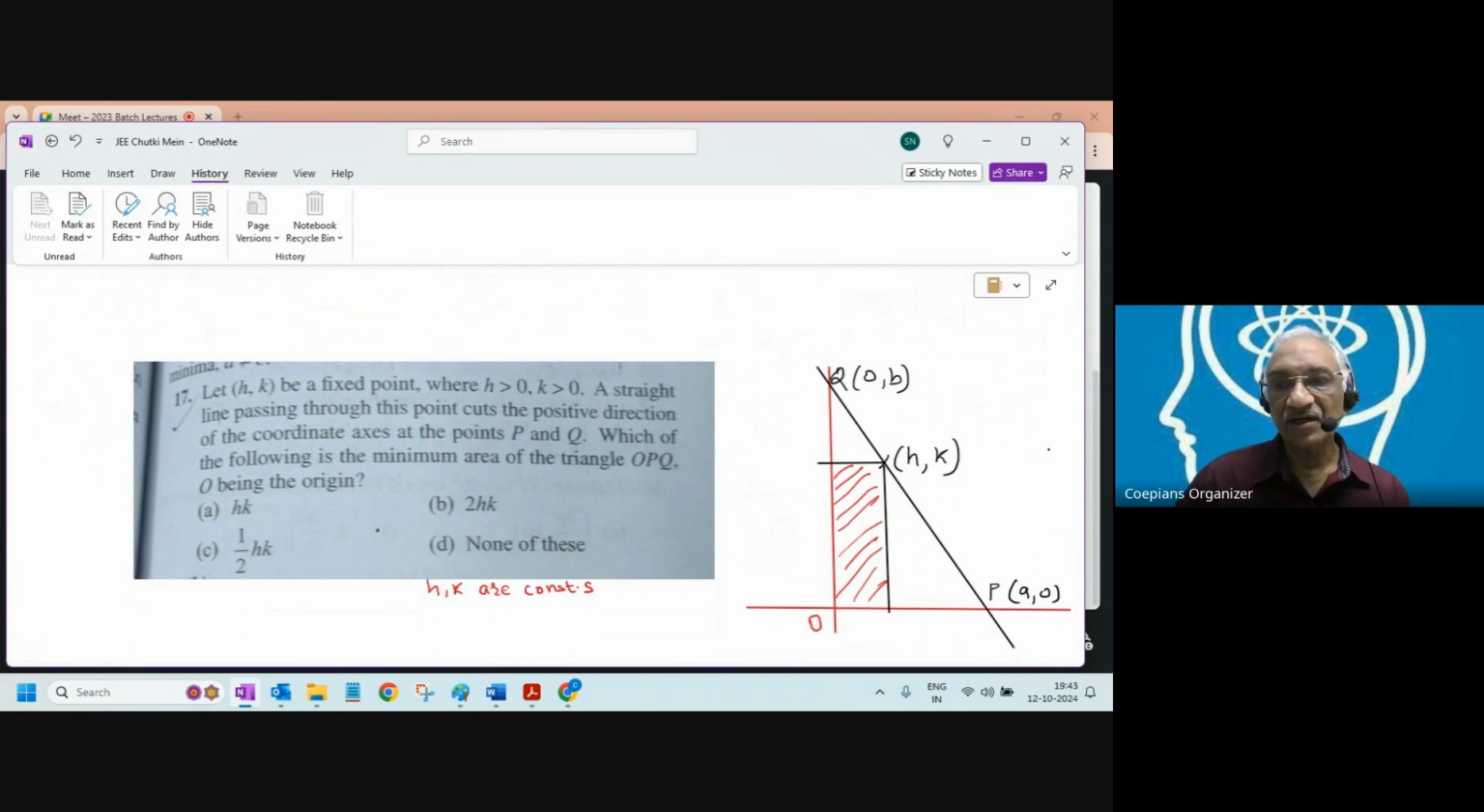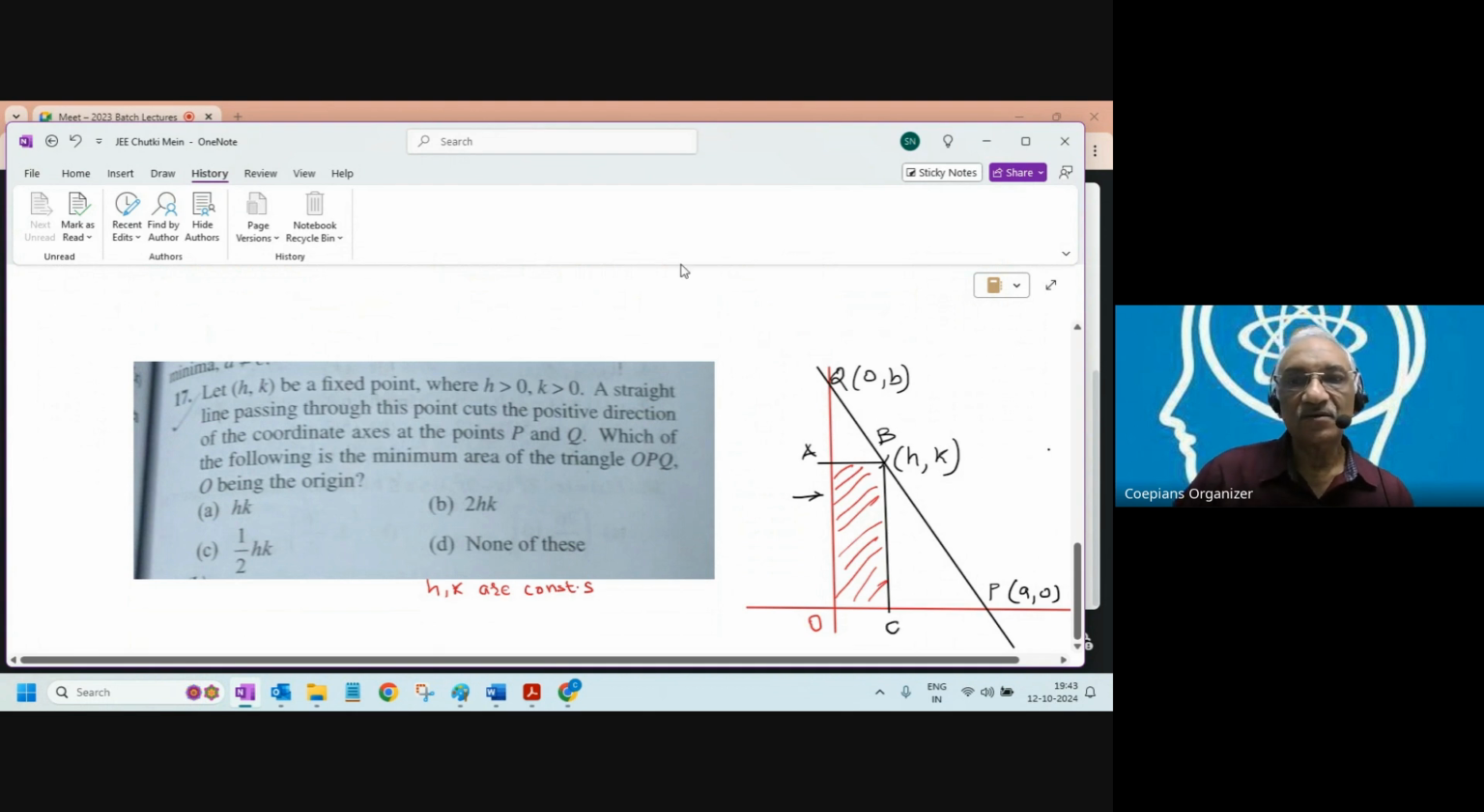Here I have made the same diagram. If you look at it, this rectangle we can also name, say for example, A, B, C, O. What is the area of rectangle ABCO? Base into height, which is HK. Now if you look at the triangle POQ,